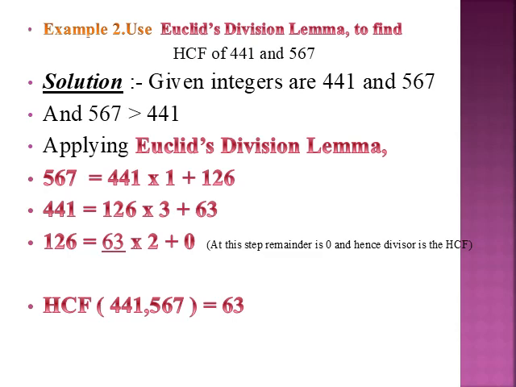Again the remainder is not 0. Now we will divide 126 by 63. So here in this case you get the remainder 0, and as the remainder is 0, the divisor of that step, that is 63, I underline that digit, is the HCF of the numbers. So it is a very easy process. It is the same as you divide in the previous classes, but it is written in the stepwise form. So you have to follow this.